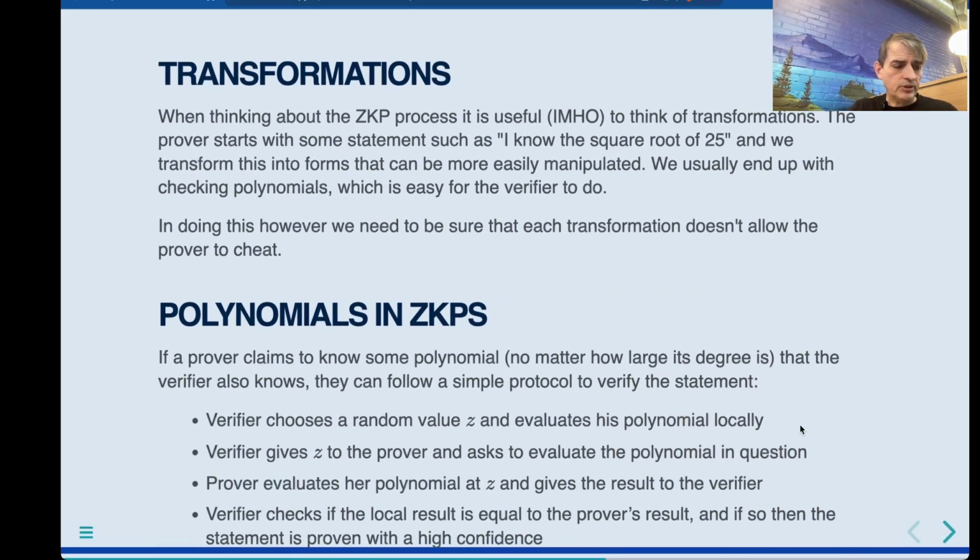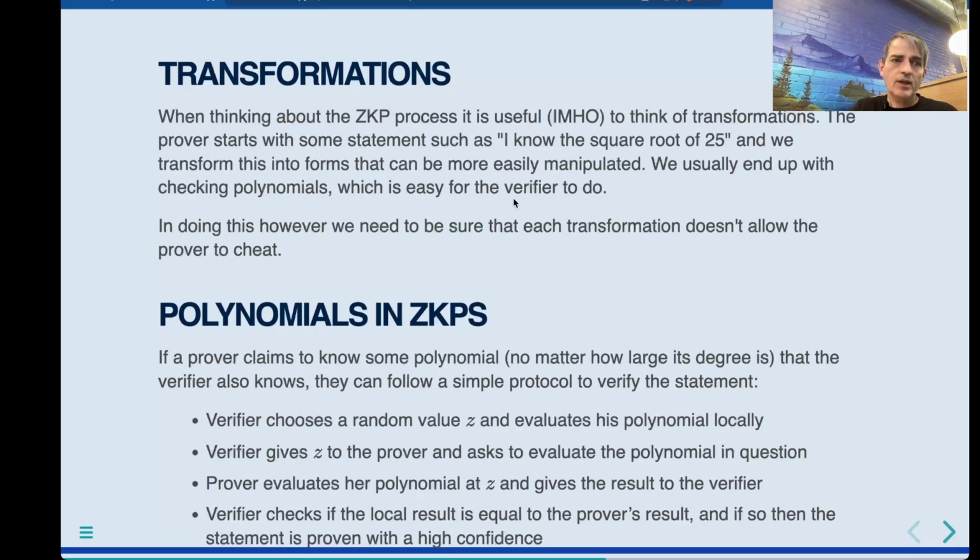Now, an important concept, a nice way to think about what's happening with ZK, is the idea of transforming our proof, transforming things between different structures. So we could start off with a prover making some kind of statement, such as, I know the square root of 25, and that's not really easy to use. So what we would probably want to do is to transform that into things that are going to be easy to verify. And to cut a long story short, what we do is we do some transformations which end up with